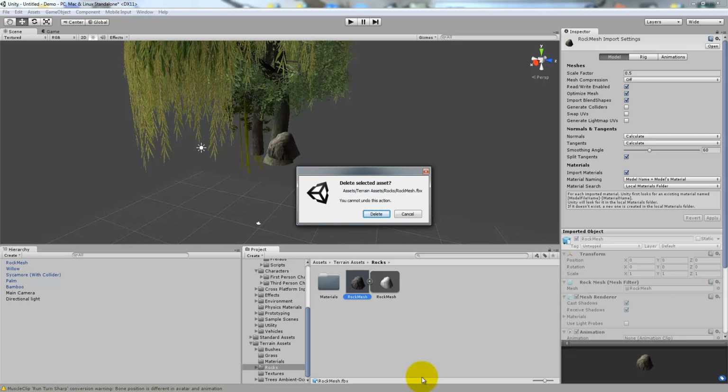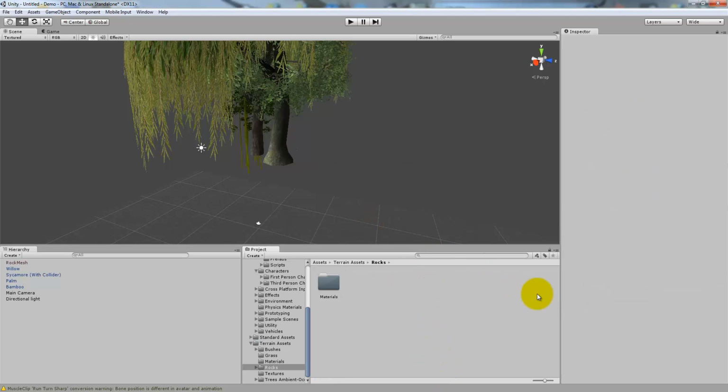If I've got multiple projects and I delete the rock out of one project, the rock's going to be perfectly fine in the other project. So this is only for the project that you are currently in. Doesn't mess with the package, doesn't mess with any other projects. But it is a permanent, irrevocable action. If I delete this rock out,